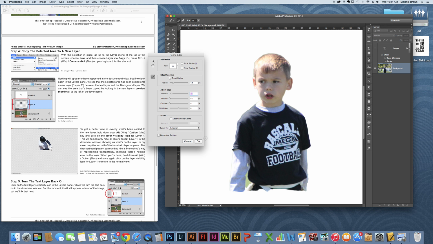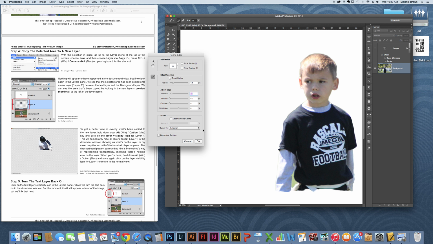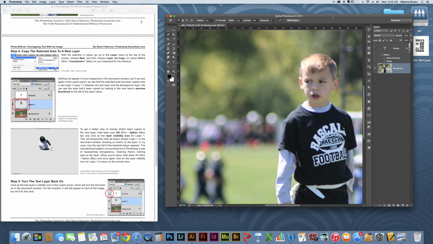I actually think that is going to work perfectly. You can see where I had some of those boo-boos here. It's really fixed that. Now, I have never used Refine Edge for this tutorial because that's a new setting in Photoshop 6, but we're going to try it. So I'm going to say okay. Now,